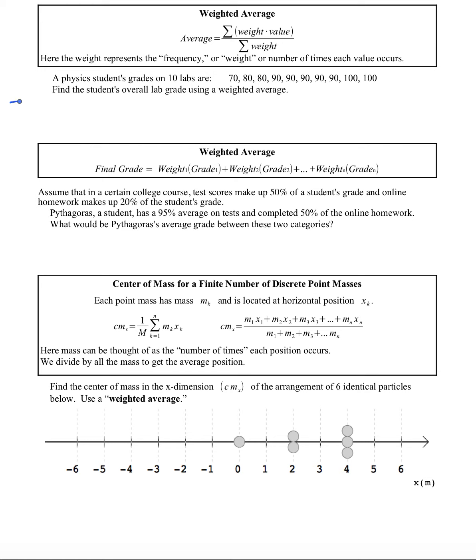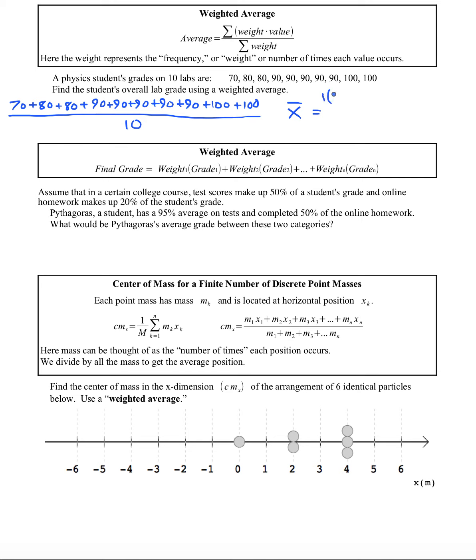So instead of doing 70 plus 80 plus 80 and then adding 5 90s in a row, and then 2 100s, and then dividing by 10 here, what we can do instead is use the weighted average formula, which says you